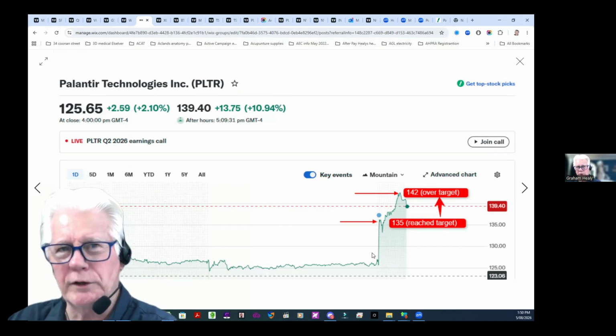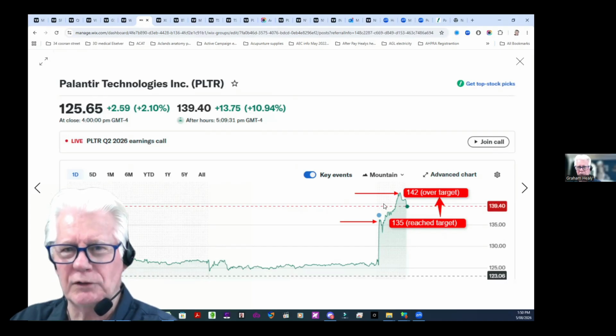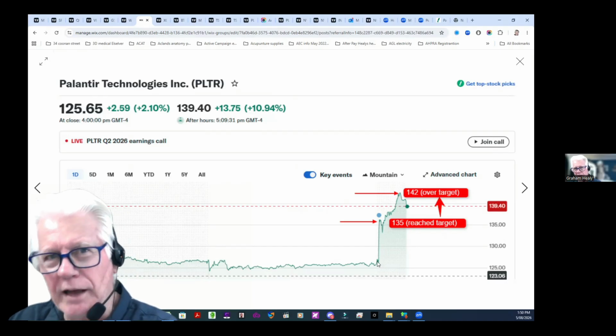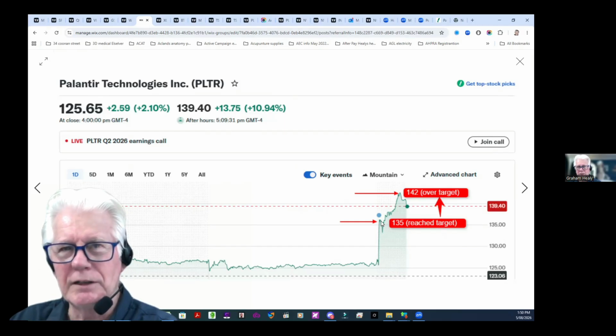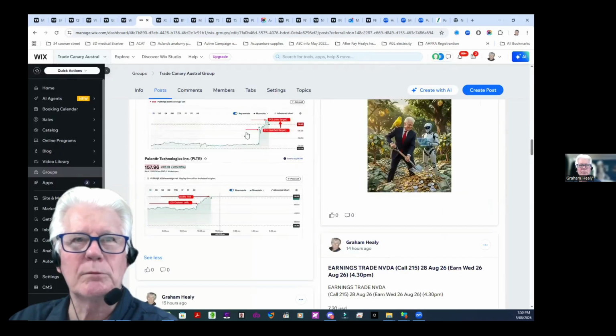Now, if I decided to roll this trade, because it's rocketing up that night, it'd be very difficult for me to roll it while it's on the rise like this. You're better off taking the money off the table and then revisiting it if it's got enough gas in the tank later. So what I mean by that is when we go to have a look at Palantir,